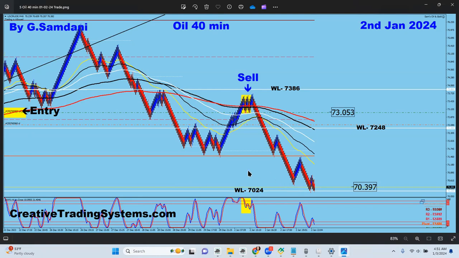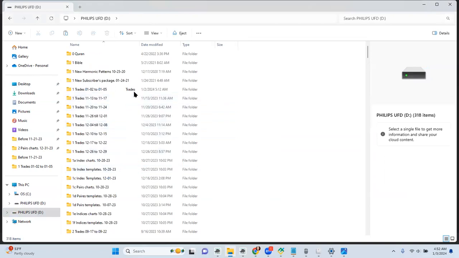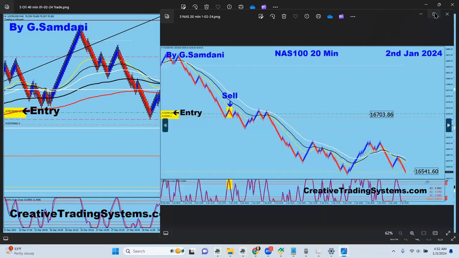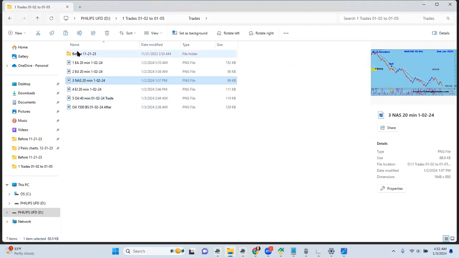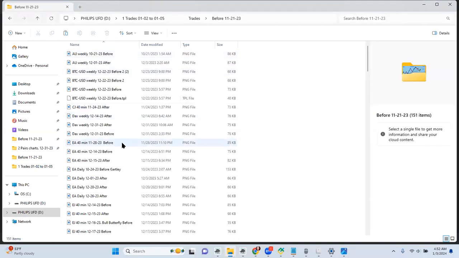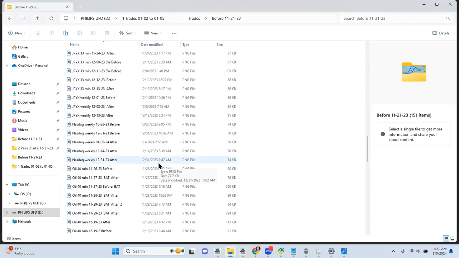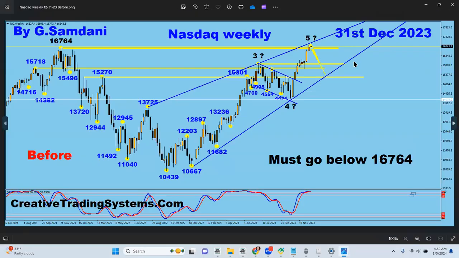If you like what you saw, this is how my analysis is. There are a lot of other things like Nasdaq. I said over the weekend I made the chart that it's going to drop, and it did, and I had a very nice Nasdaq trade. Let me quickly show you the Nasdaq short based on my charts. This is the Nasdaq trade yesterday, based on the Nasdaq chart that I made. Over the weekend, I made all new charts for almost everything. On December 31st, I made this chart that it is going to drop, right? So it already did. It is here right now, and you saw the trade.